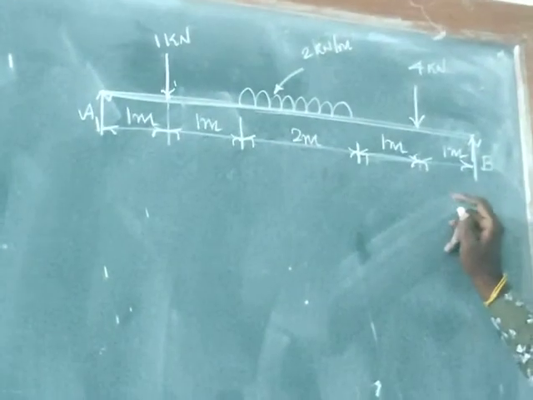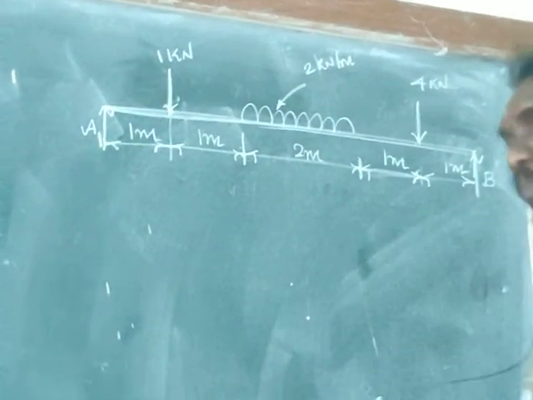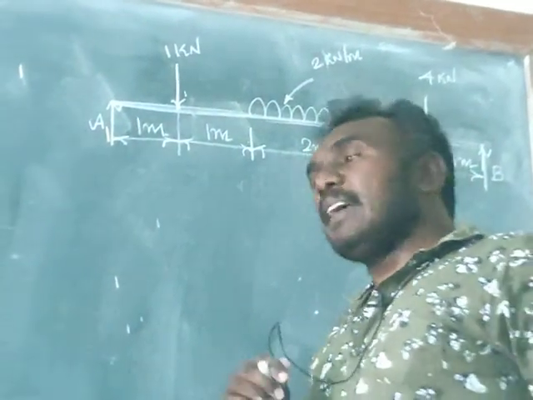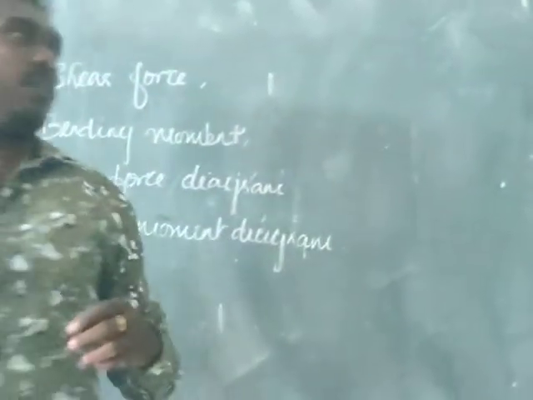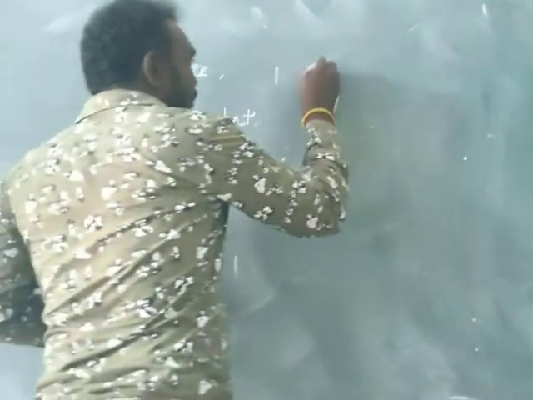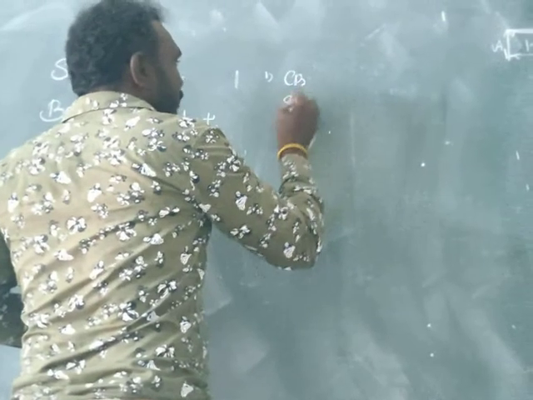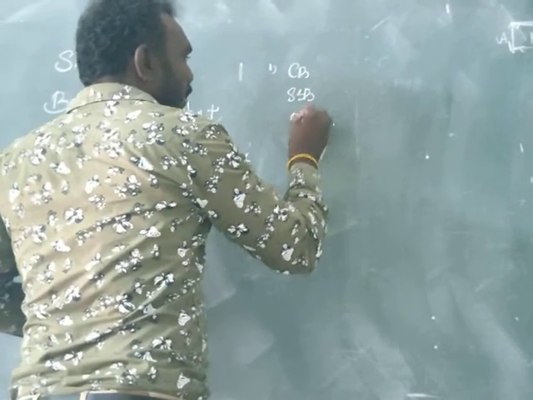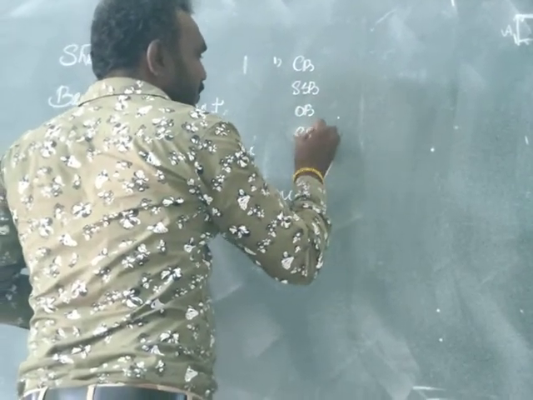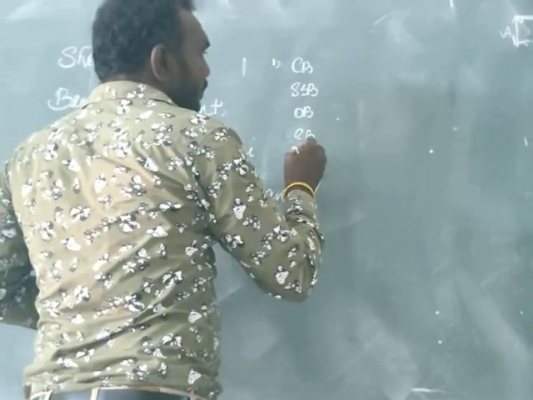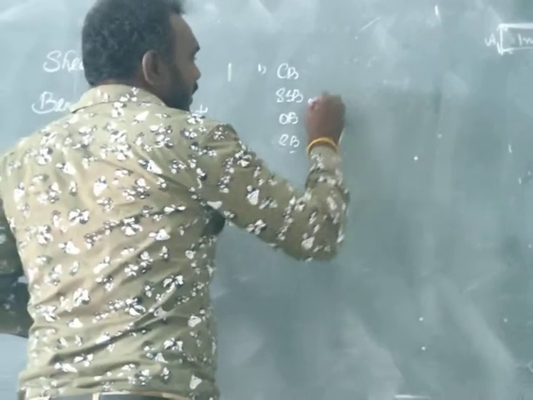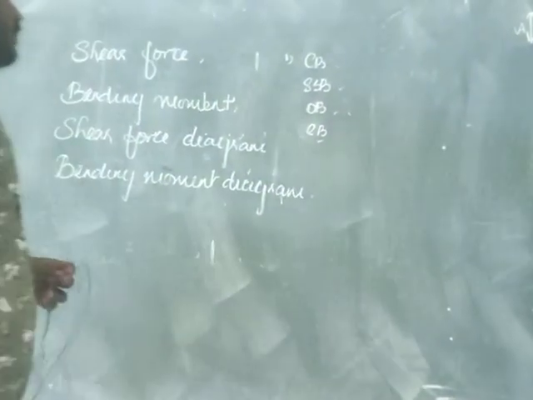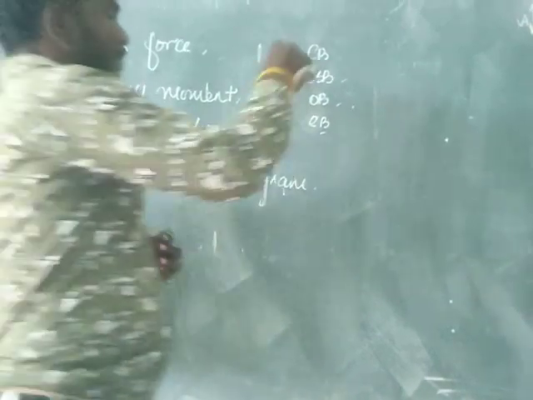What is a simply supported beam? In engineering mechanics, in the first semester, we have studied the different types of beam. We have 5 types of beam. First one, cantilever beam, simply supported beam, overhanging beam, continuous beam. There are various types of beam, and upon the beam there are 3 types of load acting.